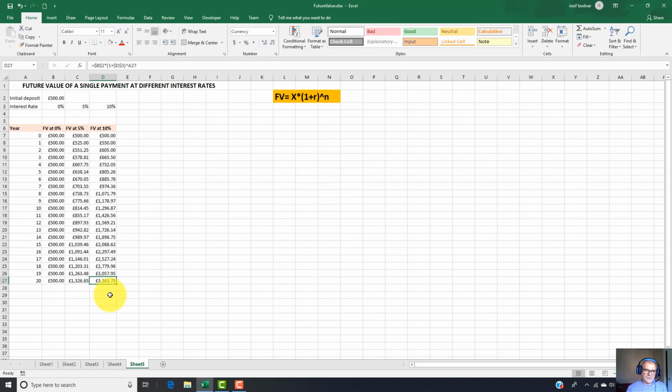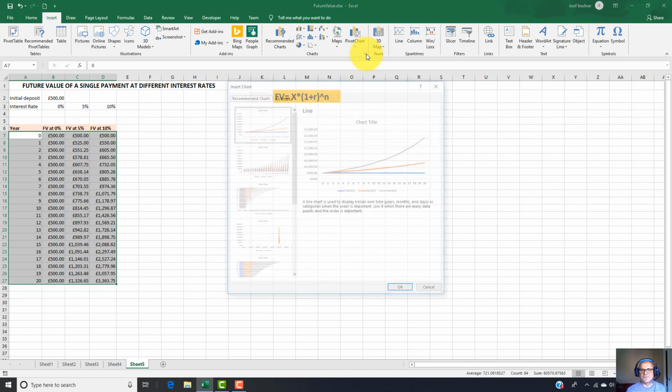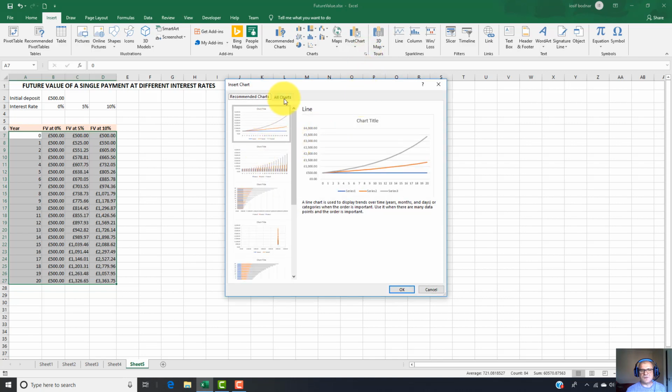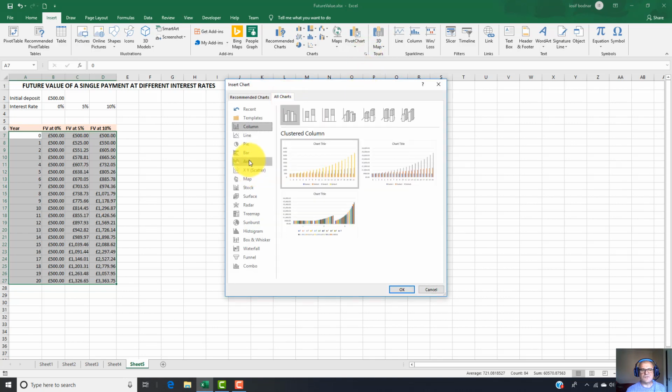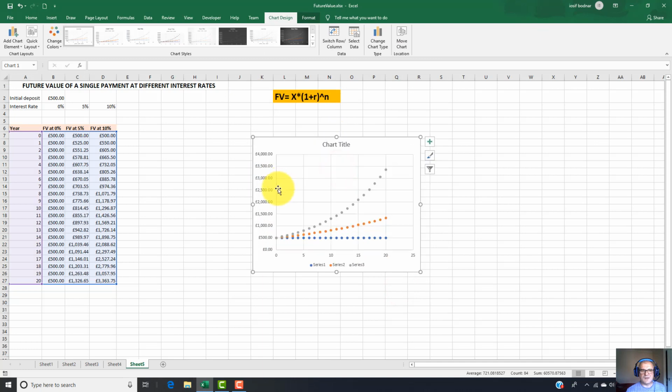Now we can put all this data into a chart. So I'm going to select all these columns. I go and click on Insert, select Charts, and here I'm going to go on All Charts, and I'm going to use this Scatter sort of chart, this one, the first one. Okay, here you go, our chart. I'm going to make it bigger,